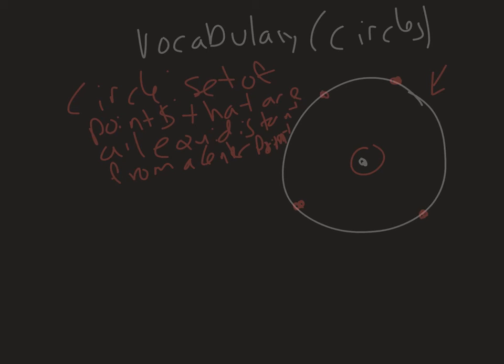Next thing we'll talk about is a radius. A radius is a segment from the center to the edge of a circle. So this line right here, this blue line, would be a radius. And then another thing